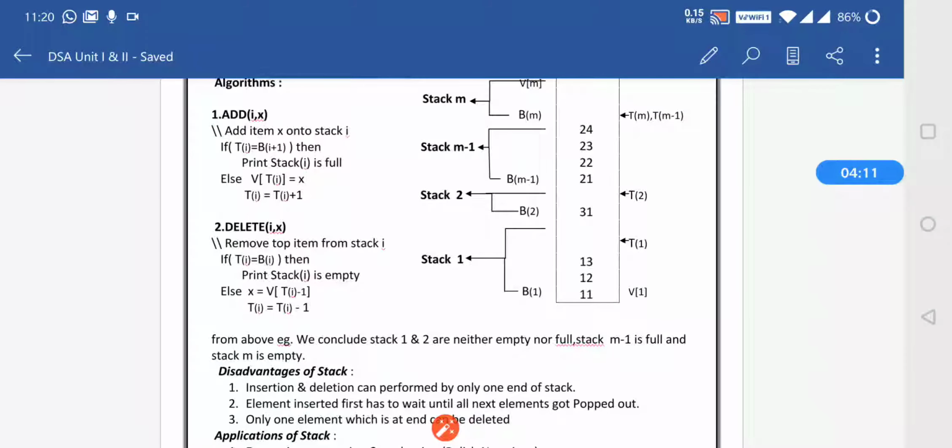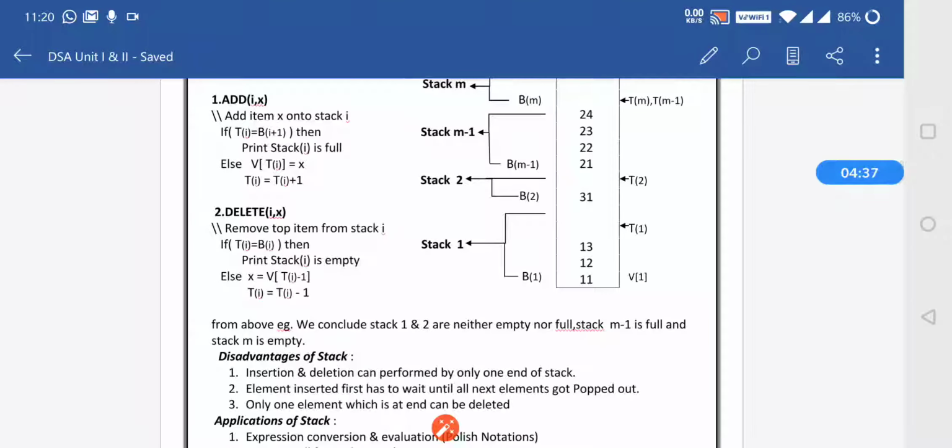At the time of removing, it will check the value of top with the bottom. If the value of top and bottom is equal, that means your stack is empty, because bottommost represents the value of the bottommost location. So if both are equal, we print stack is empty, otherwise the element which is present at the top will be deleted. So these are the two functions used for insertion and deletion, that is adding and removing or deleting in multiple stacks also.